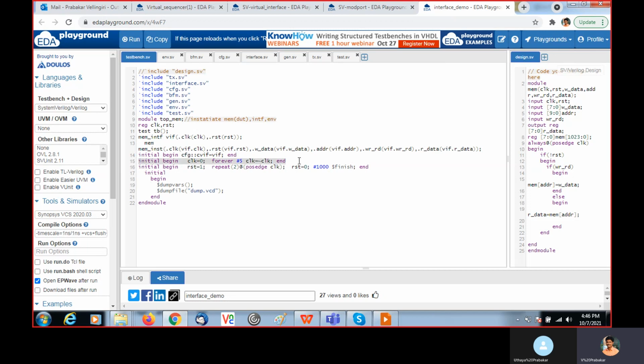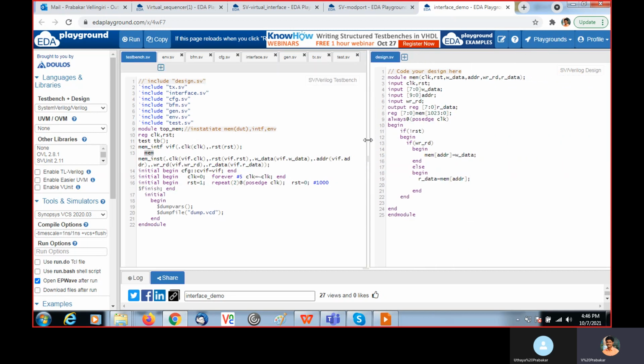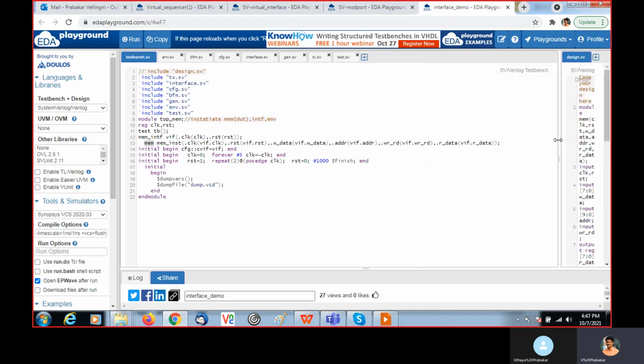In this initial block, we are generating the clock, and reset we are applying, and then after two posedges of the clock, we are making it 0. Here we instantiate mem, nothing but the DUT. The instance name is mem_inst.